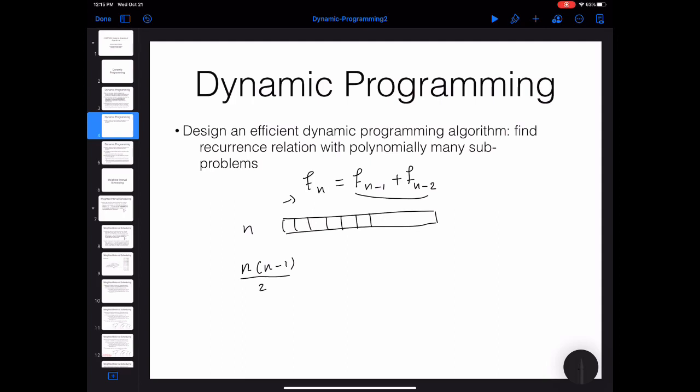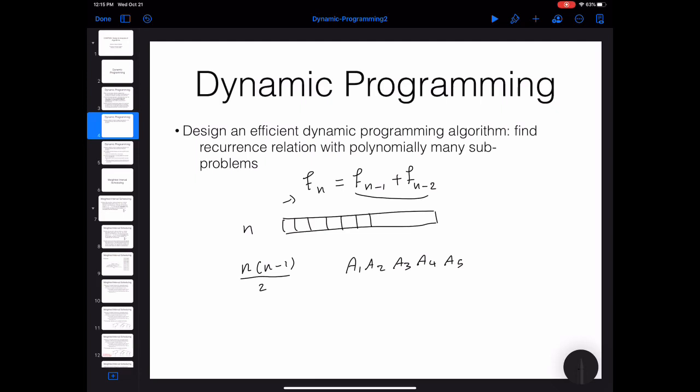Remember, in the multiplication of matrices, if you are going to multiply n matrices, for example a1, a2, a3, a4, and a5,